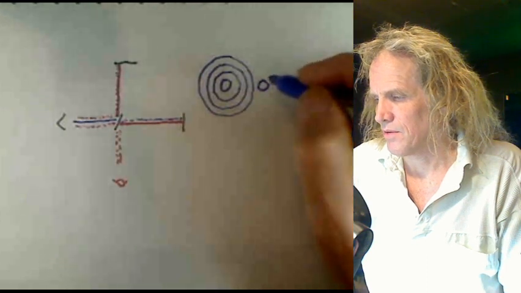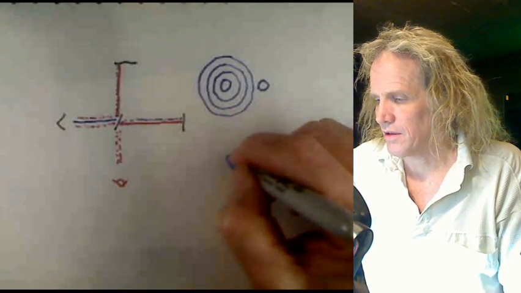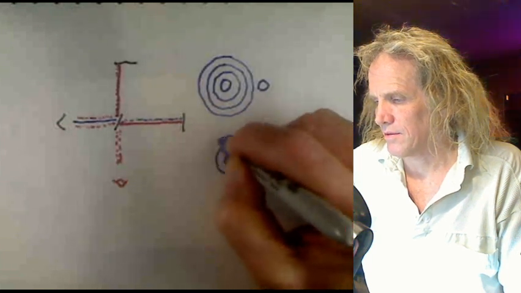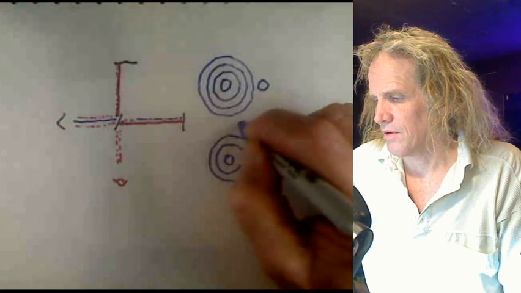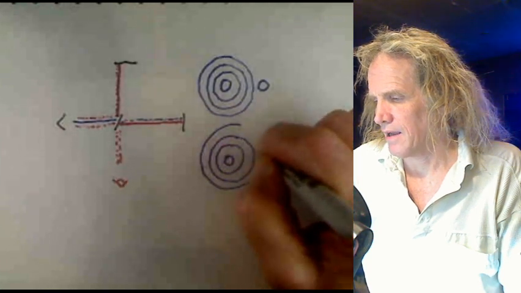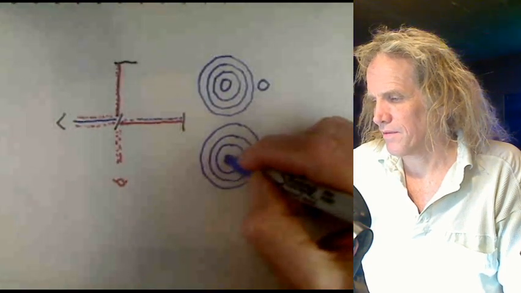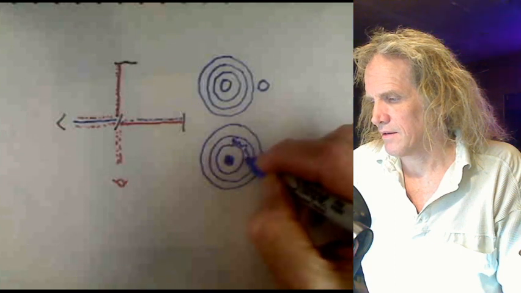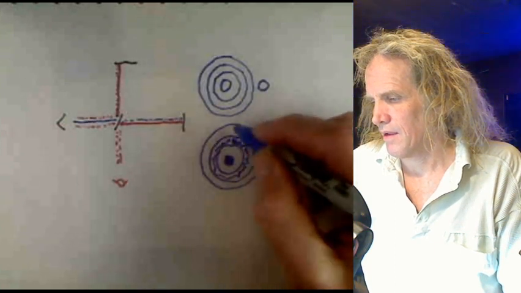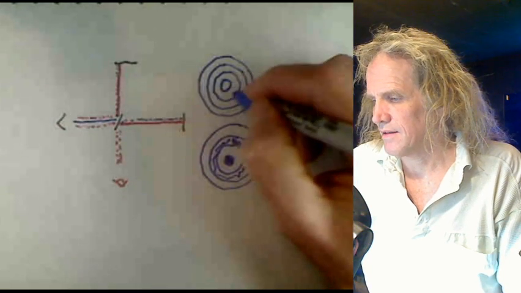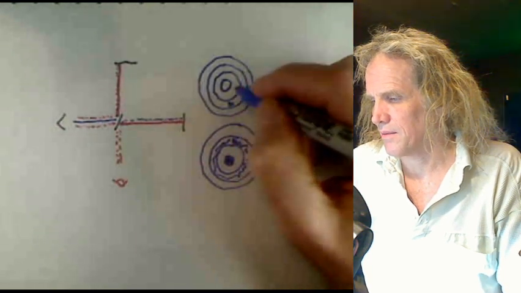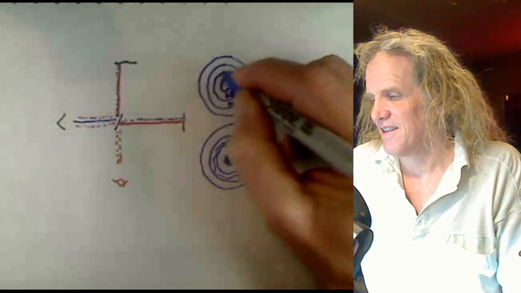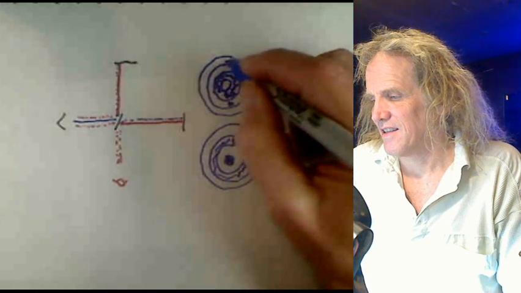I should have put these two obviously much further apart, so I'll draw another one down here. And so the idea is going to be that these lines will alternate exactly opposite in these two patterns. So if this one's dark, then this will be dark, and the outside will be dark. And if this is light, then this will be dark, and this will be dark. I mean, oops. This will be dark. And then this will be dark.